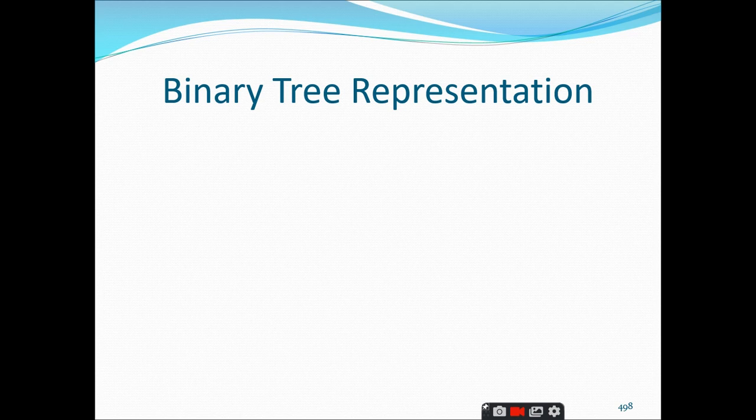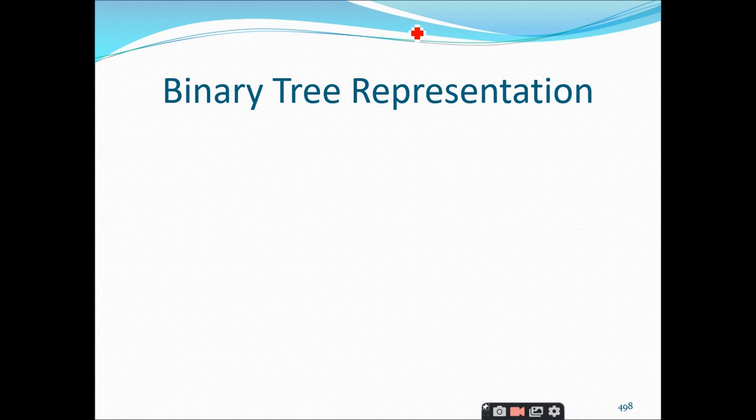We will see what these expression trees are and why they are used, and how can we traverse those expression trees and how can we construct the expression trees. All these things we will discuss, right? So we are going to deal only two topics, that is the binary tree representation and the second topic is the expression trees, right? So in yesterday's lecture we have seen the node numbering concept.